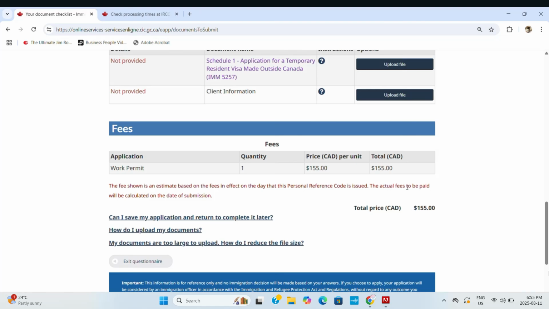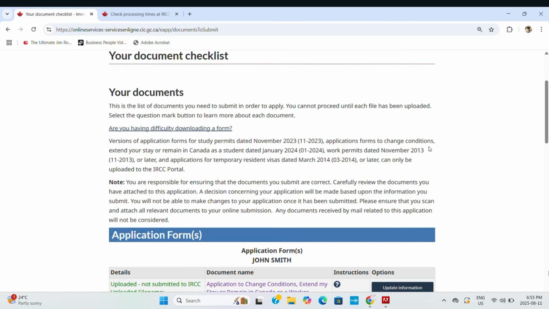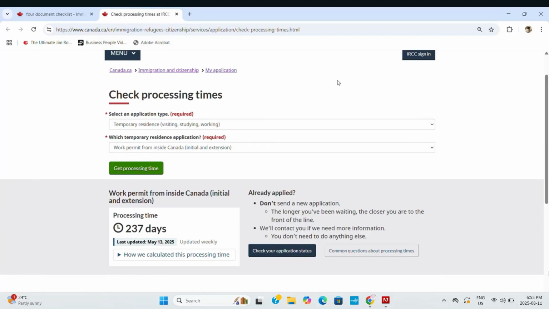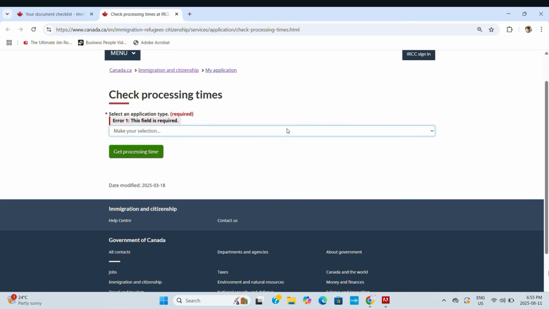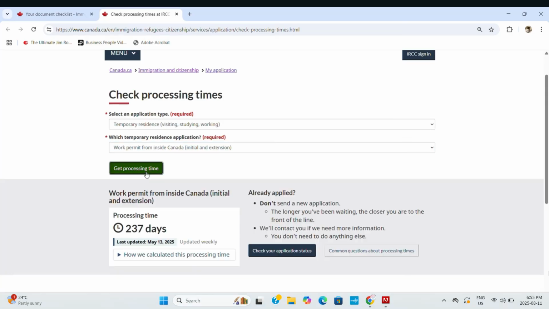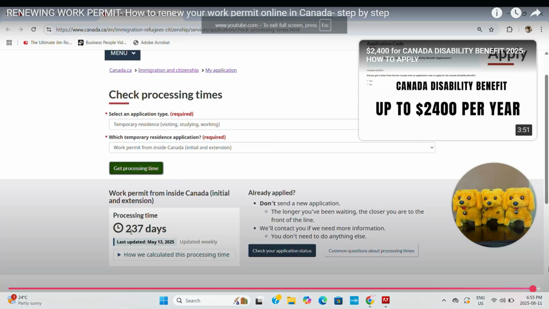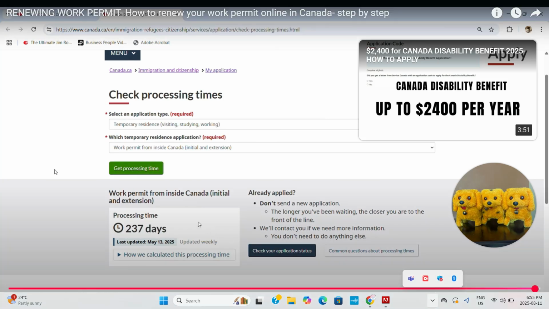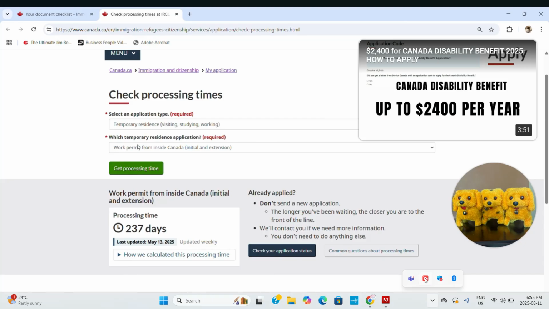After submitting the application, they will send you an email saying that they acknowledge that they received your application and you need to wait. And for now, I just check the processing time with the IRCC regarding the work permit. You can type processing time for the work permit, and in here inside Canada, and then get processing time. It is 237 days. It is pretty long for now. So I hope everyone who applied to renew your work permit in Canada will receive that without